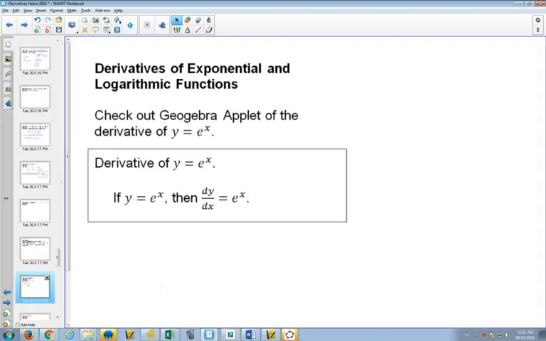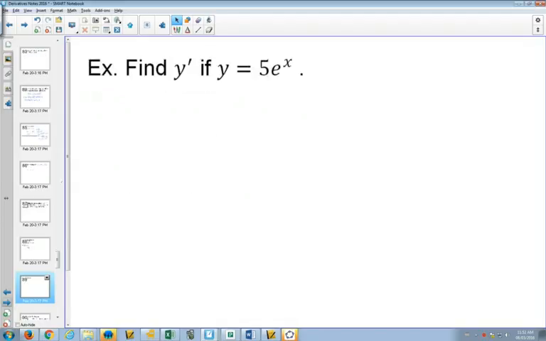Except when you have a chain rule built into it, then you have to do all that kind of stuff. So we'll get to that. But to start with, it is the easiest derivative because the derivative of e to the x is itself. So if you had to find the derivative of 5e to the x,